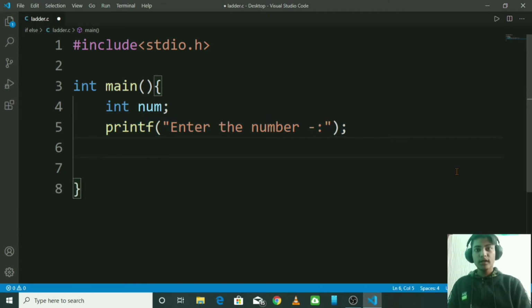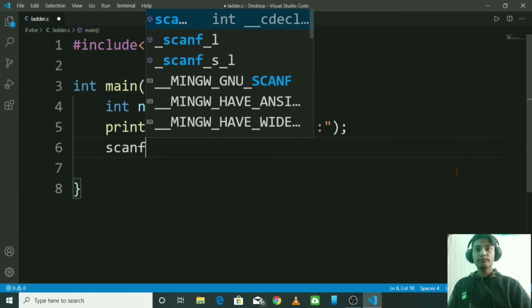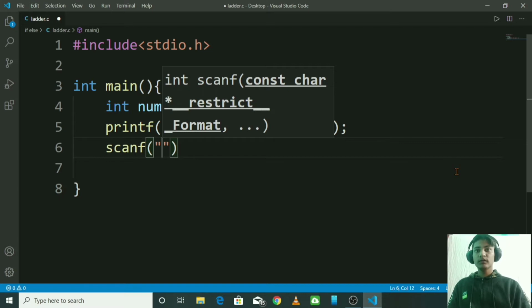And then we are going to use the scanf function, which takes the input from the user, like the input function in Python. So here scanf and then parenthesis, in double quotes we should specify the type of the character or anything we are going to input.